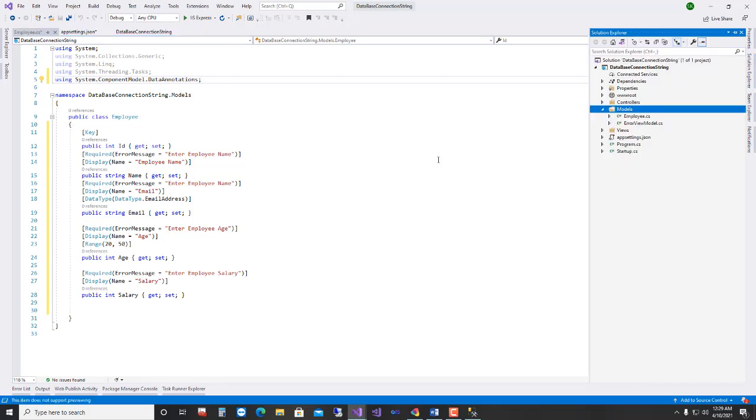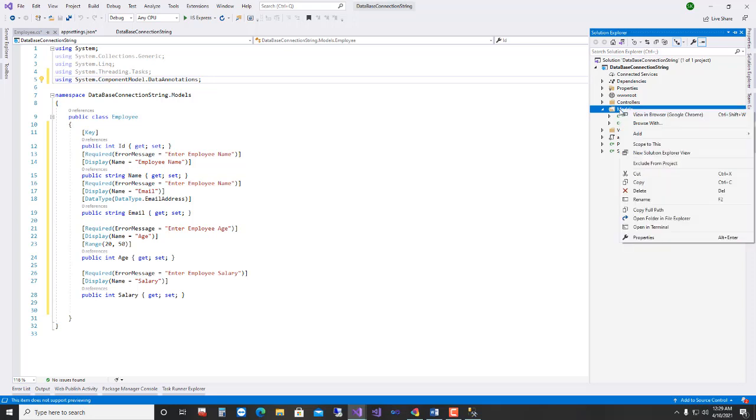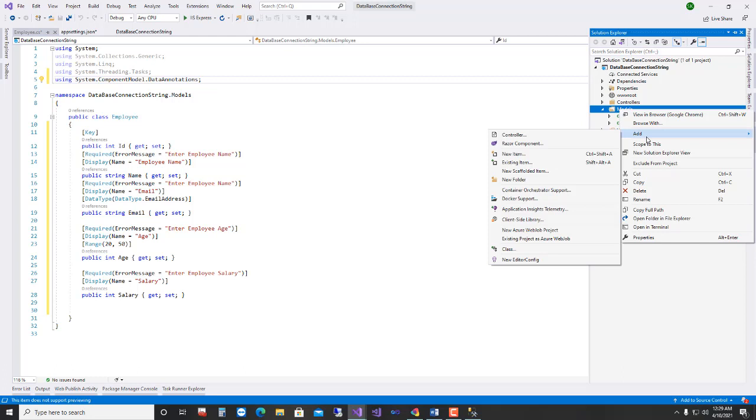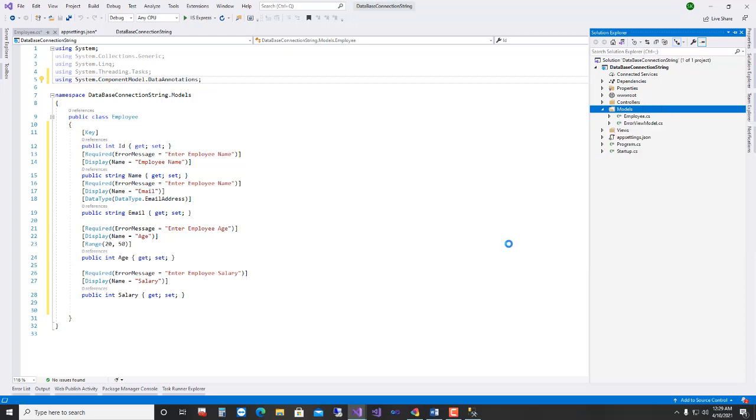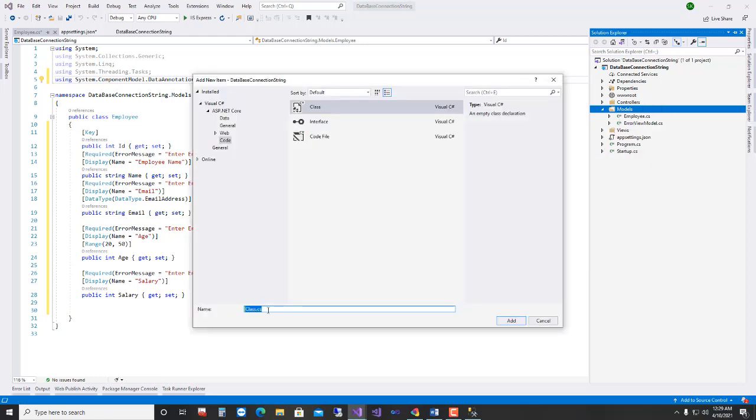I also create an ApplicationDbContext in the models folder. For this reason, I select the models folder, select add, select class, then give a name ApplicationDbContext.